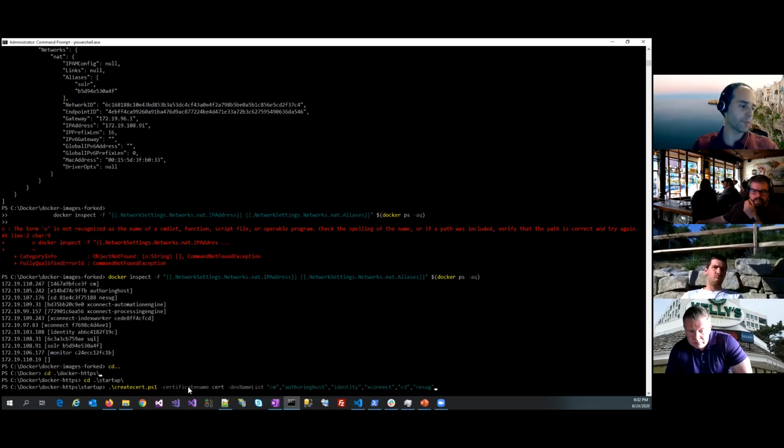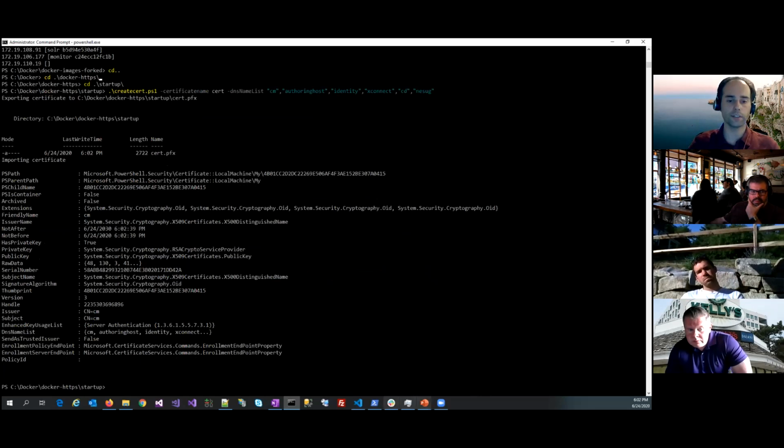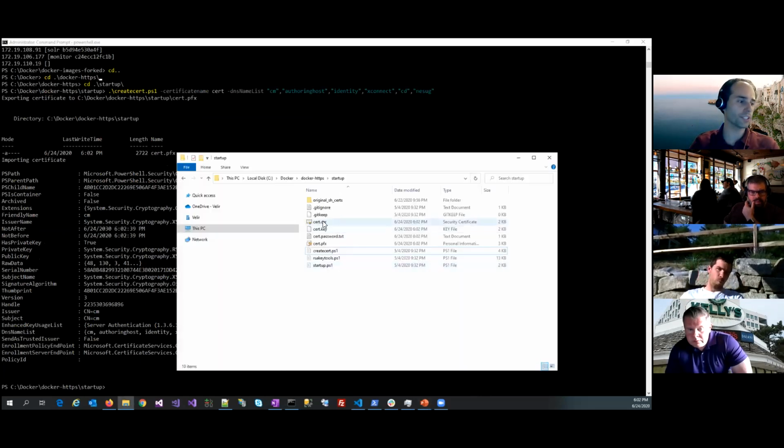And this is the command. You pass the certificate name and then the list of DNS, the domains that you want to include in the certificate, and we will generate and install. And then once you have it, you will see the output. It generates my certificate. I'll copy them and I'll use them in my running solution